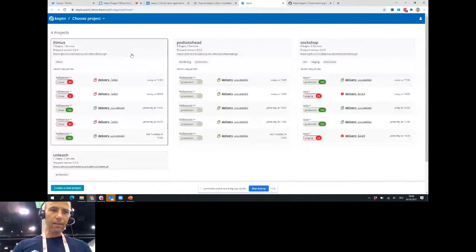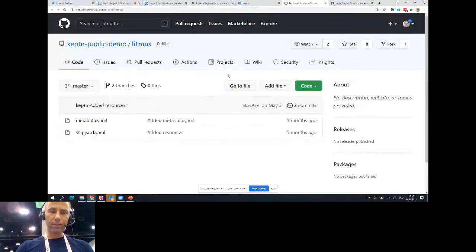For instance, every project, remember when I explained you have sequences and you have tools and then you have configuration. Behind the scenes, every project has a Git repository. And we have specified these upstreams here to GitHub, so you should also be able to get to this data. And I want to really show you and focus first on Shipyard, because when you create a new project with